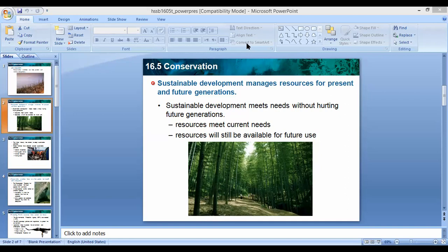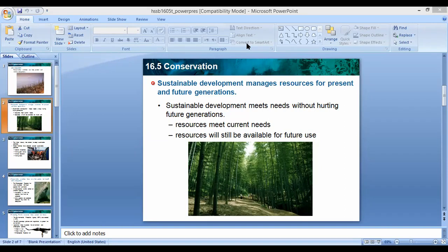This sustainable development is a way of thinking or a practice. Do you know what the word sustainable means? Sustainable means you maintain the continuity of something, so it continues to supply you with things. It doesn't stop. Continuing. So sustainable development means it's a way of thinking or a practice that maintains a supply or support